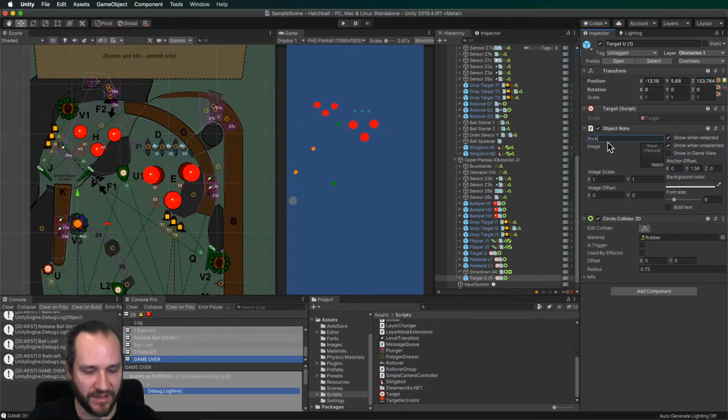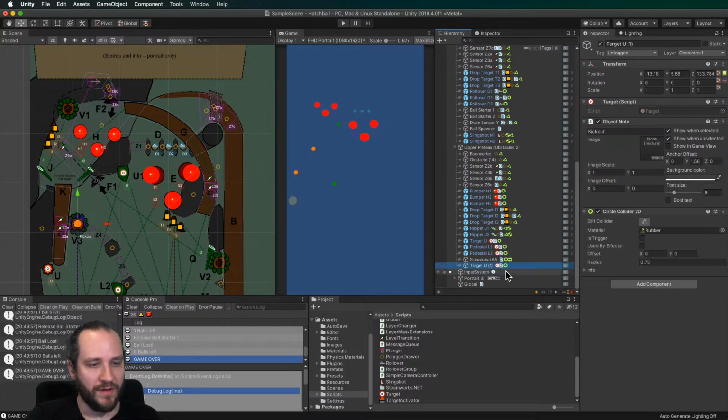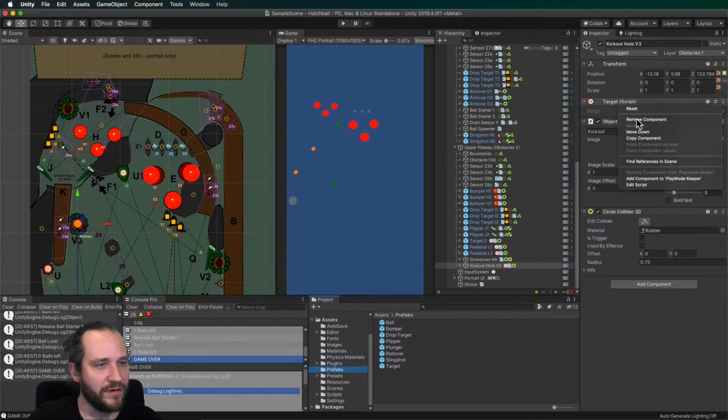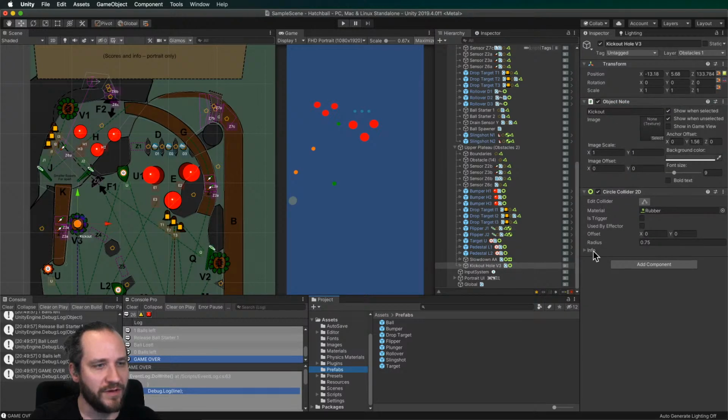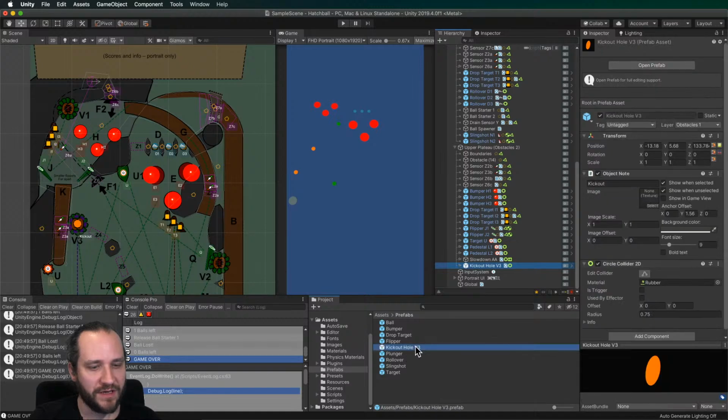Well, no, just call it kickout because it's going to be a new prefab. Kickout hole v3 prefab kickout hole, but first I'll need to remove the target script. Kickout. All right. There's this kickout hole now, and